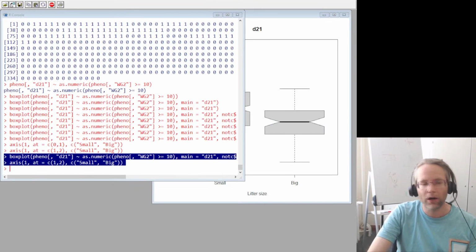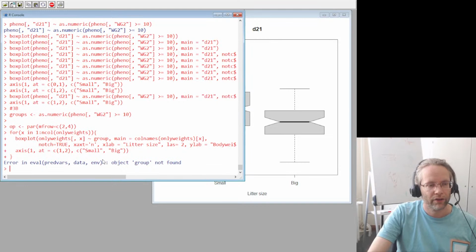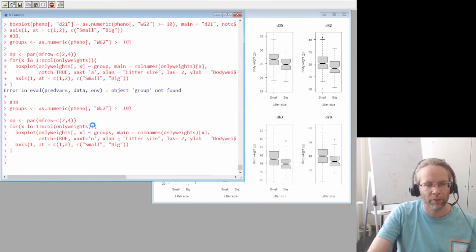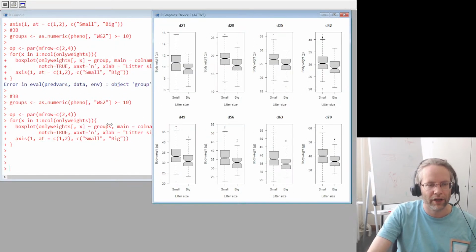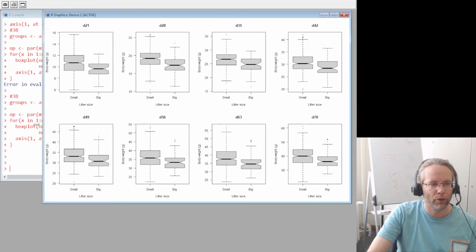So go to R and object group not found, yes, because it's groups. So let me fix that quickly in Notepad. I'm going to copy and paste this back in, and now here we see that now we have box plots